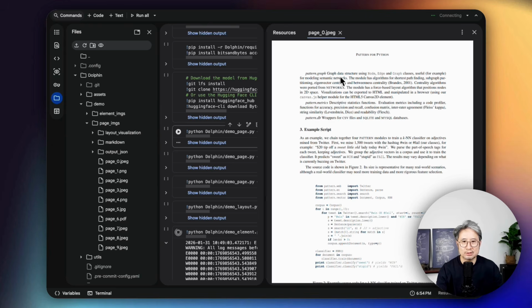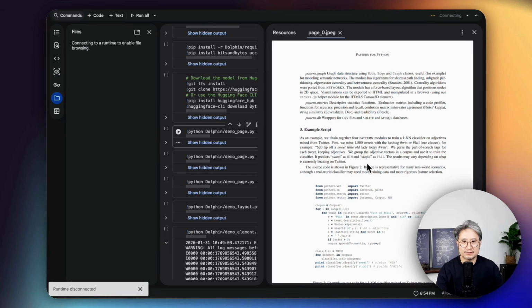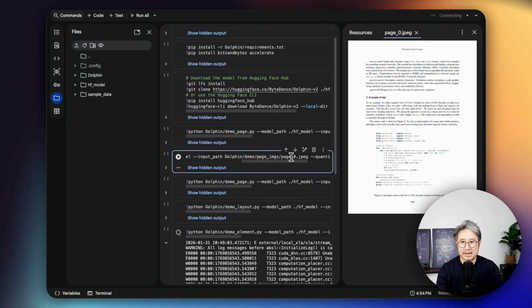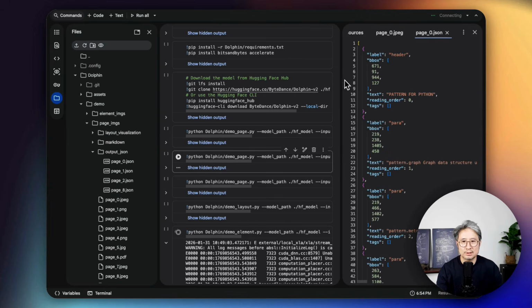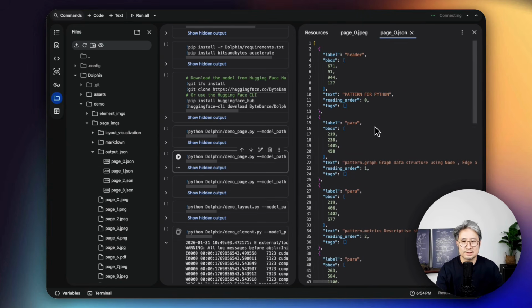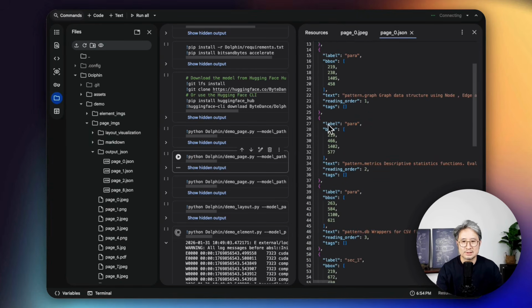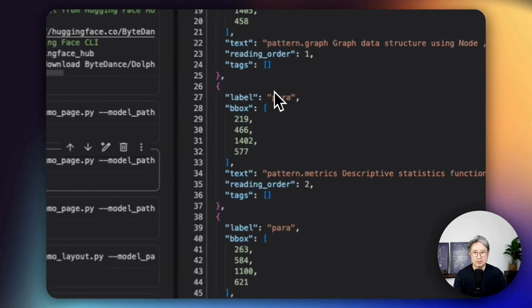This is a page including headers, paragraph text, and code blocks. When I run this command for page 0, there will be 3 new folders created after completion of this script. The output JSON, let's see page 1 JSON. The output JSON will include all the blocks inside this document with the label to indicate what type of the